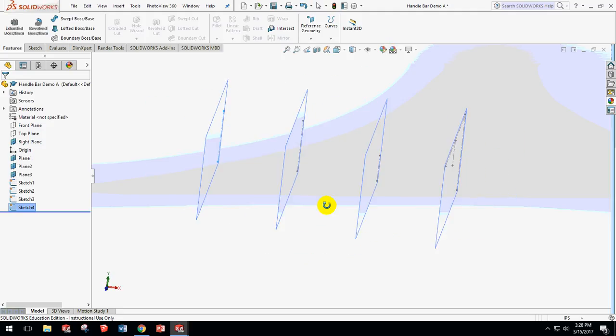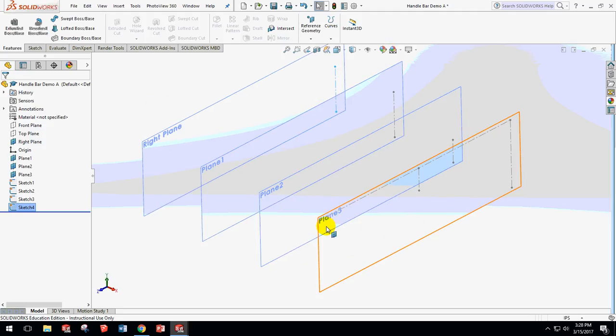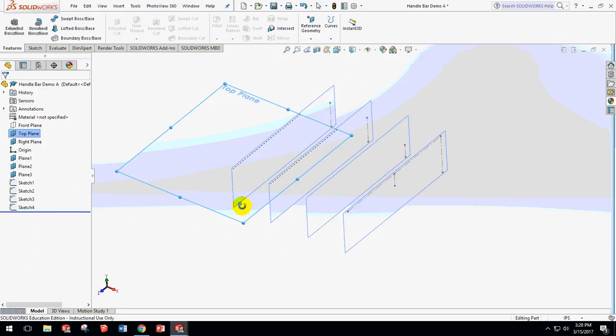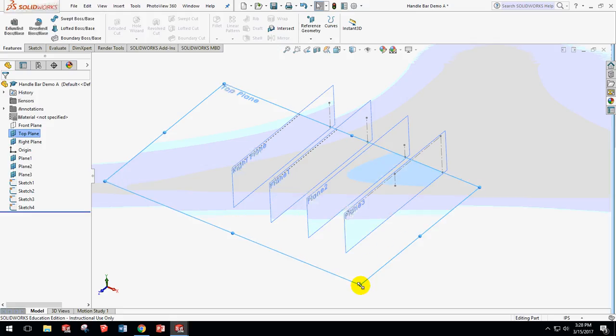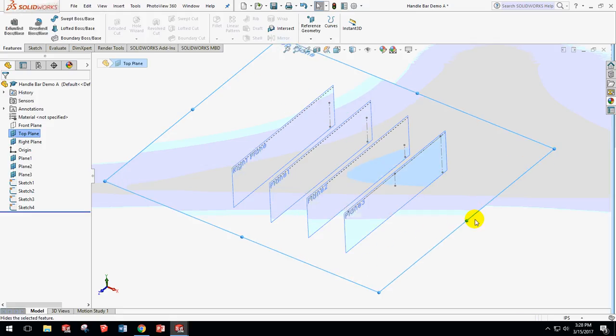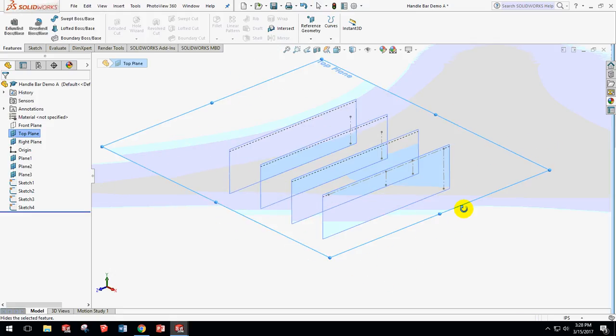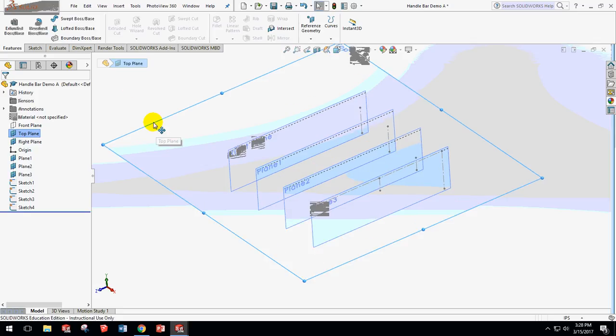Last thing I want to do is open up a top plane and create one more part of the handlebar coming this way. So I'm going to go to the top plane here, right click and say show the top plane, and I'm just going to bring this over so it's kind of not in the way, but so you kind of see where that is. That's right along the top there. And I'm going to start a sketch in the top plane